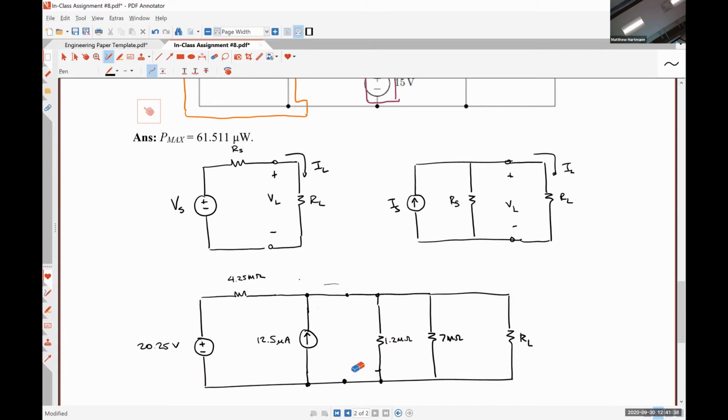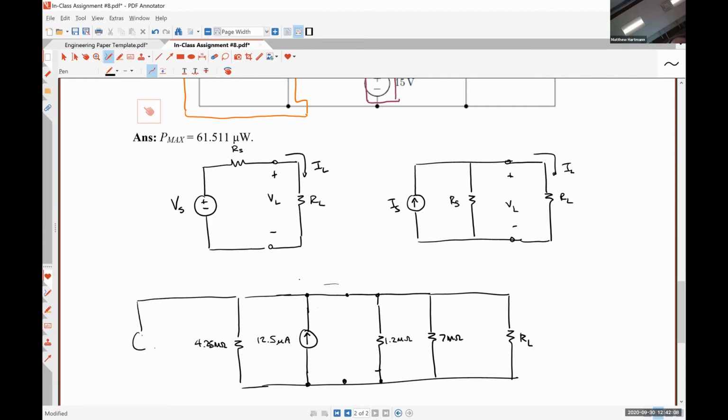But if we do one last source transformation on the practical voltage source on the left-hand side, where we have our 20.5 volt source and our 4.25 mega ohm resistor, if we transform these guys, oops, I didn't mean to delete that whole bottom thing. So this is 4.25 mega ohms. And we're going to have now a current source. Since our voltage source had its positive polarity terminal on top, we'll have the arrow pointing up,